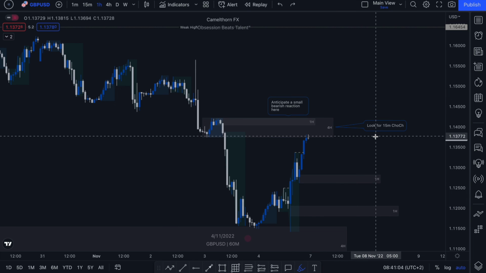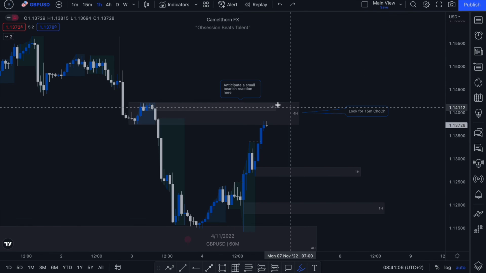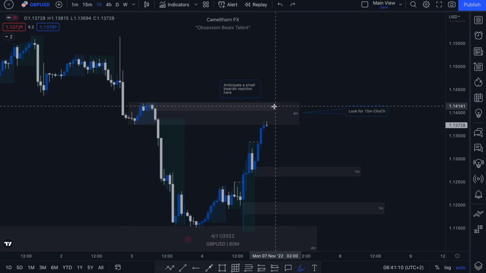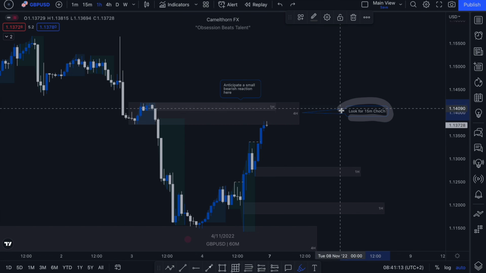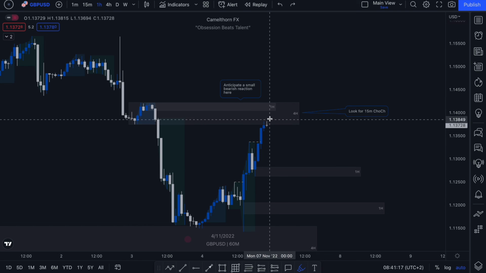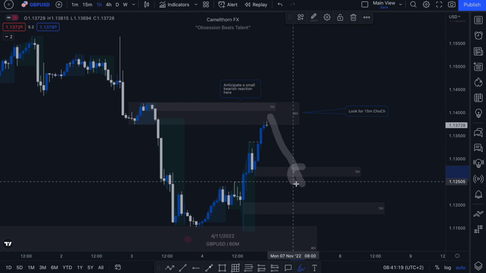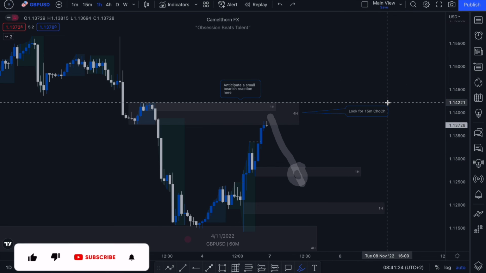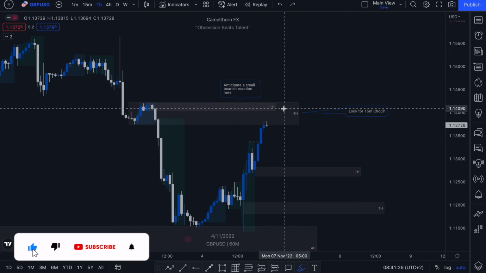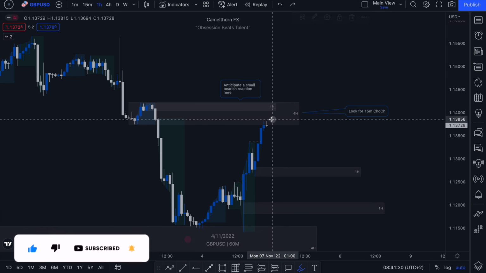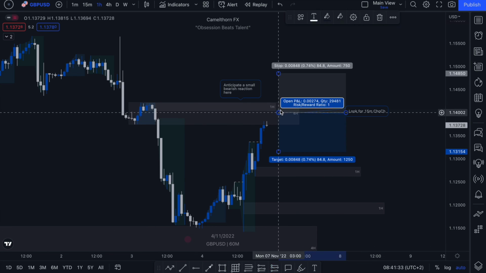So going into next week, what I would like to see is if this zone will hold. Maybe we can look for a lower time frame change of character, potentially on the 15-minute. If we get that, then we could trade short-term to the downside, okay, before looking for potential buys in here, okay? Now, just because we are anticipating a short-term bearish reaction from here does not mean that we need to find a trade in here,